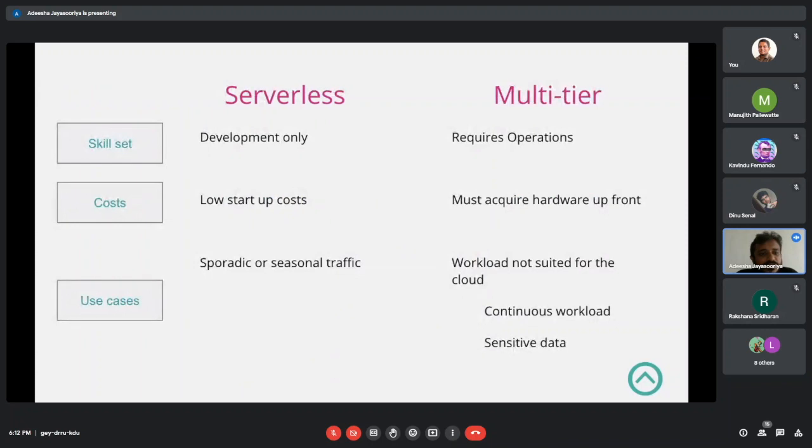So let's talk about serverless versus multi-tier. In terms of skill set, serverless needs development only. A developer needs to know about development things only. But multi-tier requires operations, which means you have to think about all the network things, VPCs and instances,